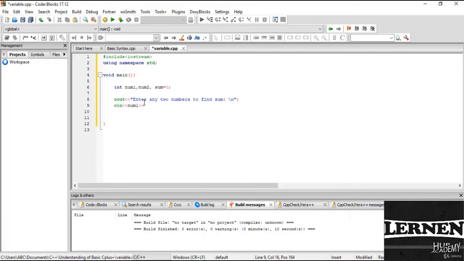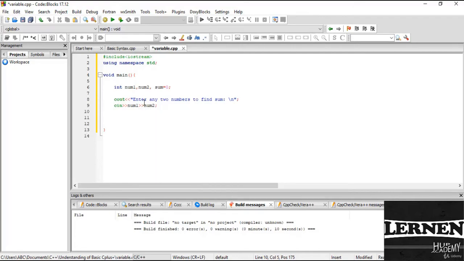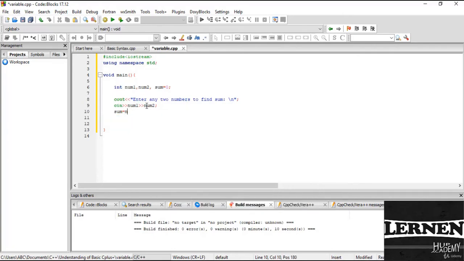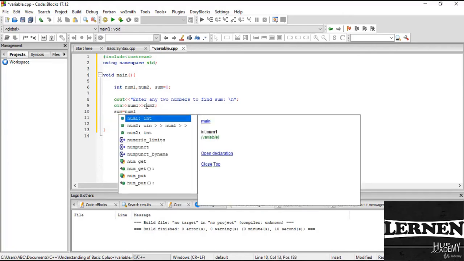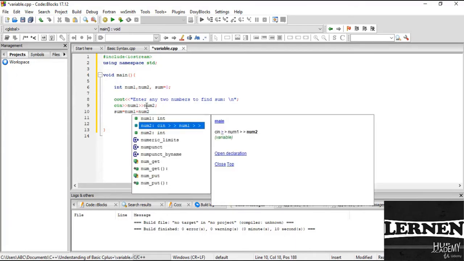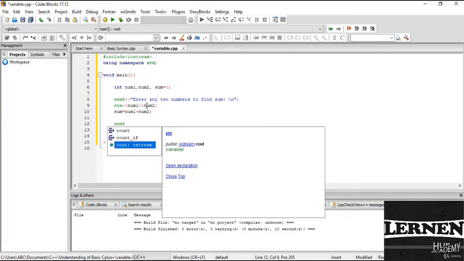So num1 and num2 here. I take two user inputs with num1 and num2, so I add the value of num1 here, then the value of num2 here. Then I define the logic. Sum is a variable here, and the variable type is integer. So sum equals num1 plus num2. I create a logic here to add these two numbers, and then I print with cout,